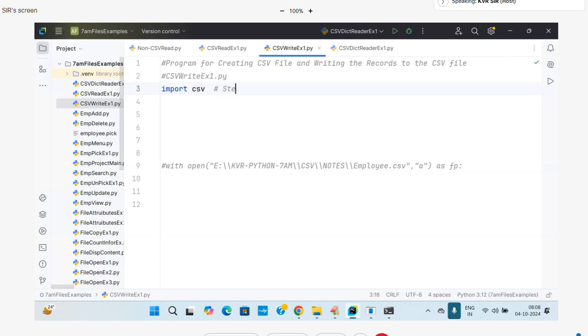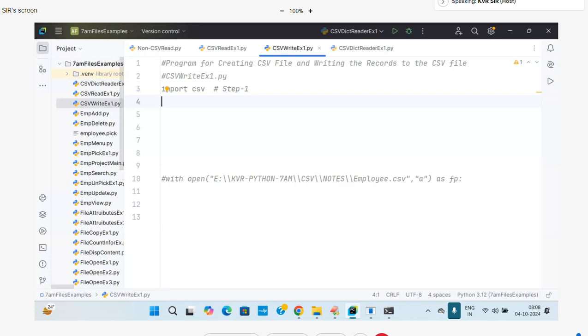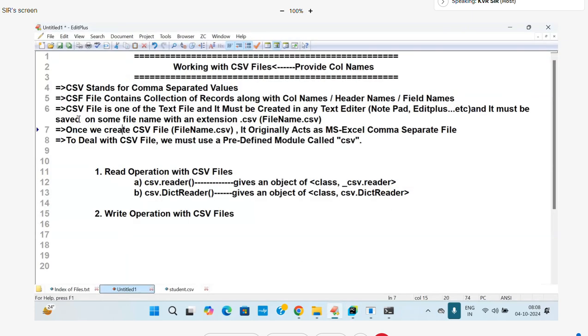So here, step number 1, I need to take column names. I decided to create a CSV file. A CSV file is a text file, and it must be created here. So before CSV file creation, you must have the records along with the column names. So here I am writing